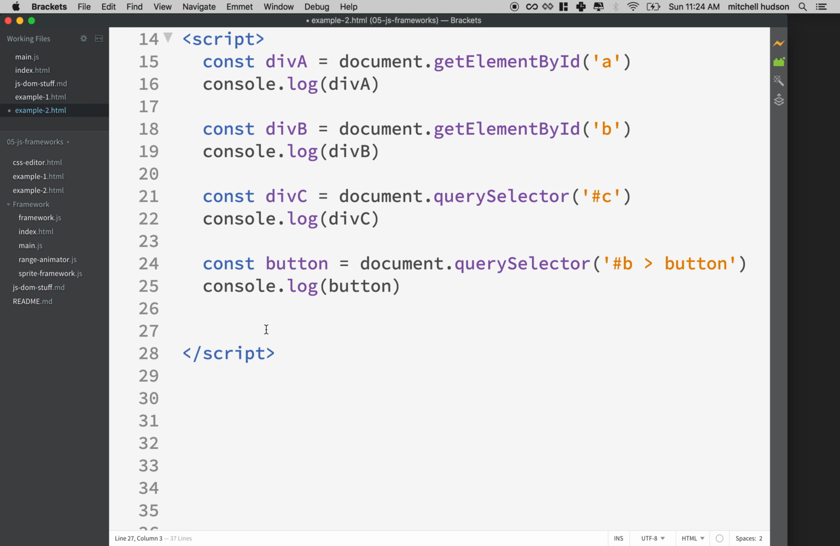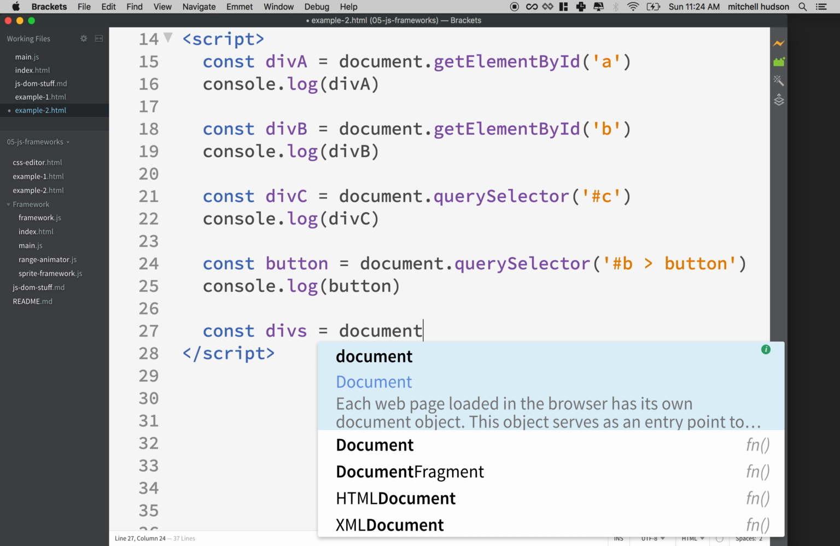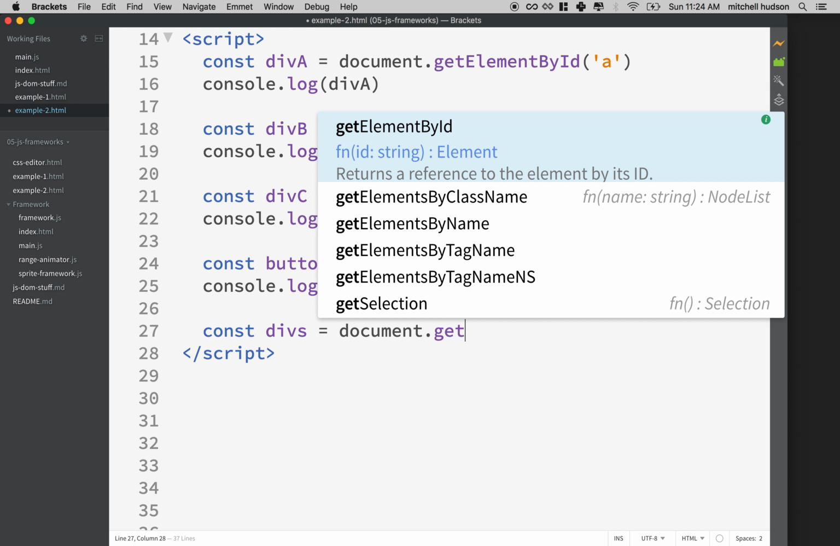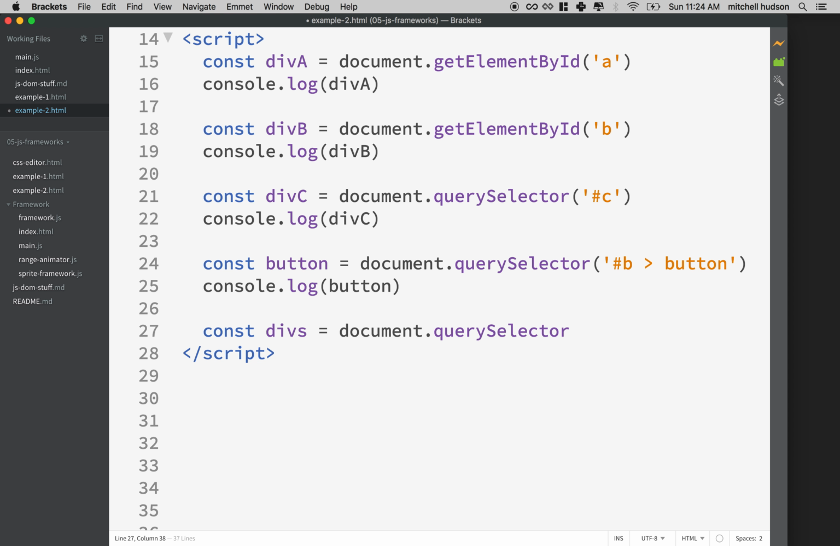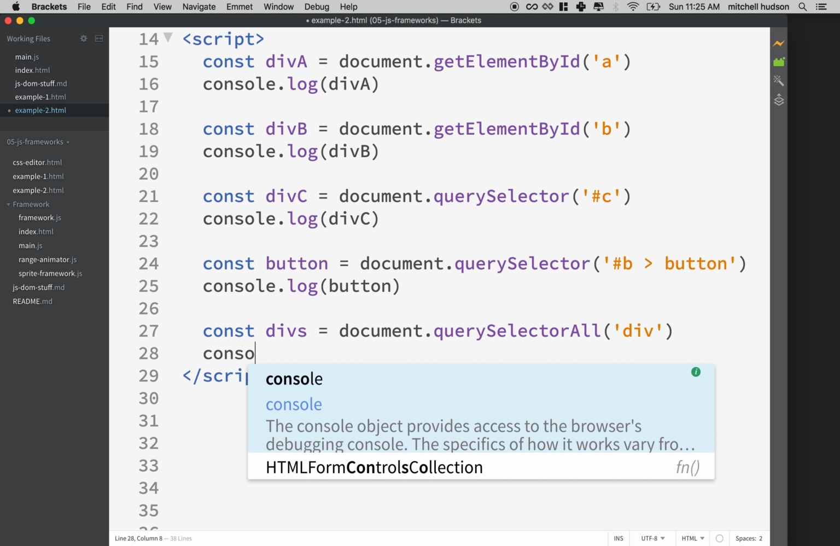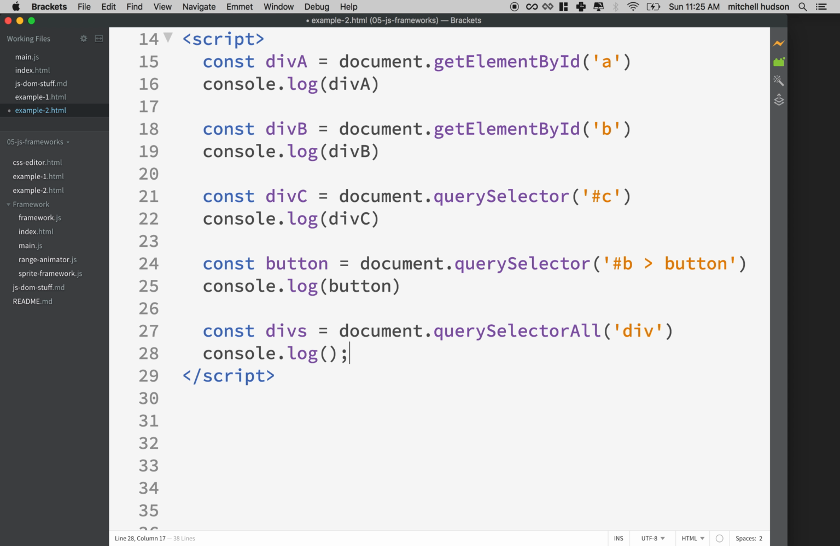So what we'll use is a constant. I'll call it divs with an S, and we'll say document dot, actually, let's do querySelectorAll. querySelector returns the first element. querySelectorAll returns all elements. So why don't we say div? If we were using a tag name like we did with button here, we can just say div, and this will return all elements that are type div. And if we console log this to see what it is,